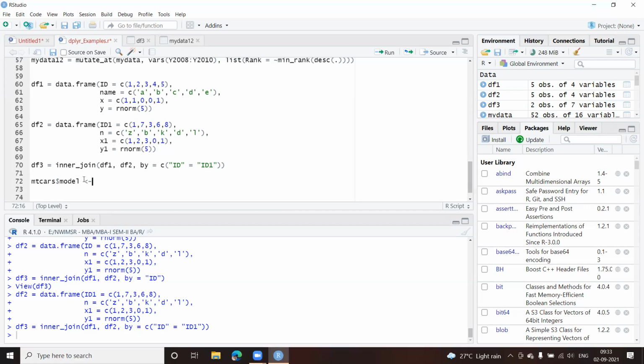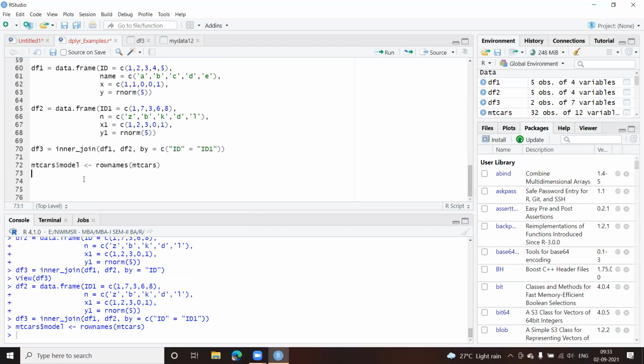And I'll give all the row names into mtcars. Run this one. And now I'll create one, say first equal to mtcars, and do square brackets.